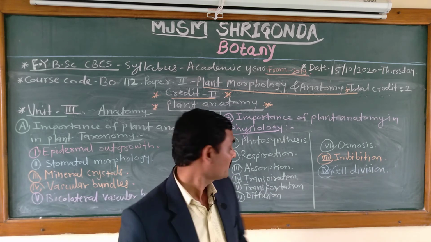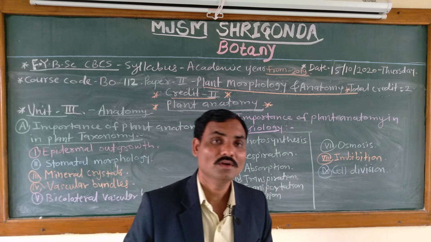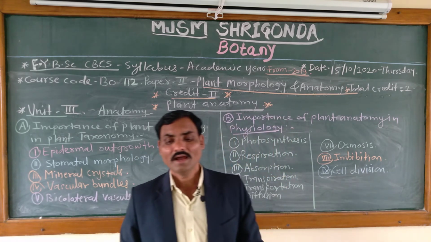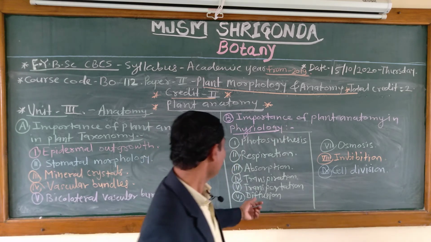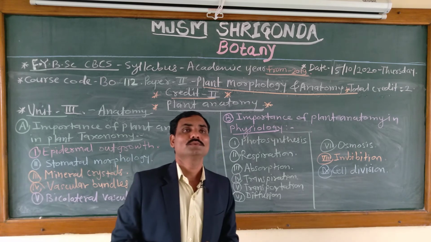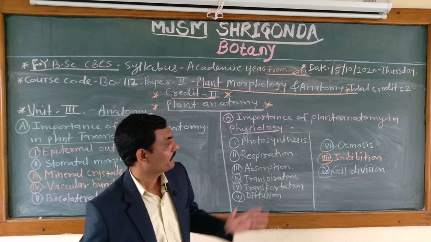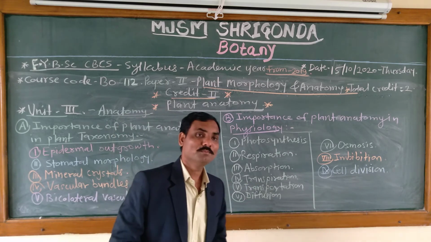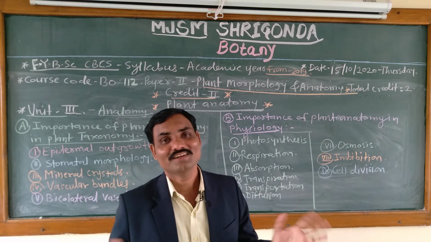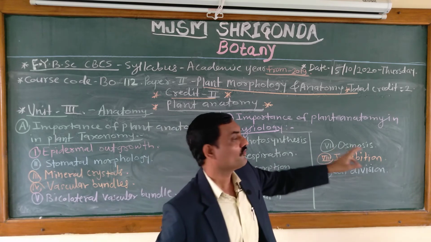In this way, transpiration, or transportation, also plays a very vital role in the process of plant physiology. And next to that, there is diffusion. Diffusion is a very important physiological process found in physiology, and it also plays a vital role, because without taking the transverse section we can't understand how diffusion takes place. Then the sixth point is osmosis.